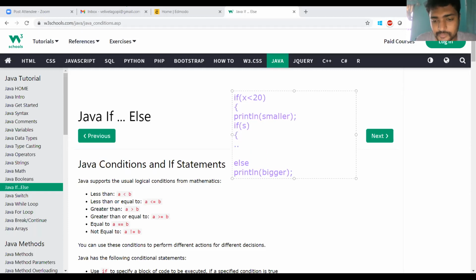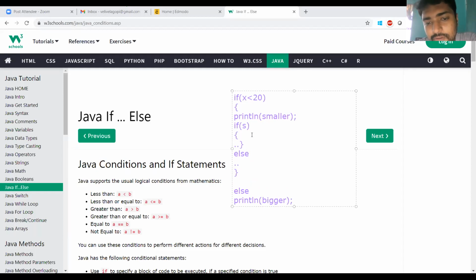We have some block, and corresponding to this if, we have another else, some block. Then main if closed. So this is the general nested if statement.